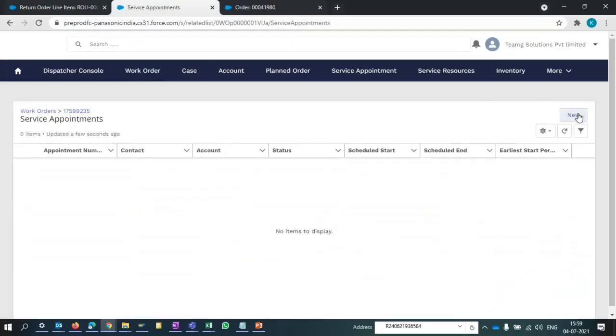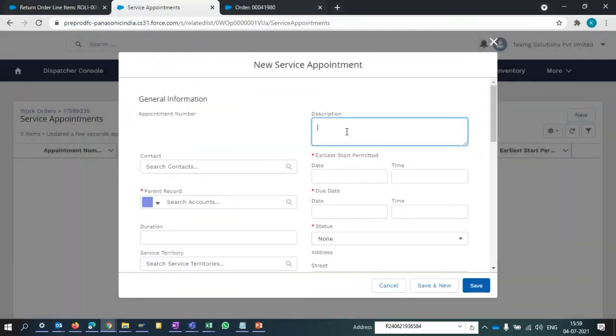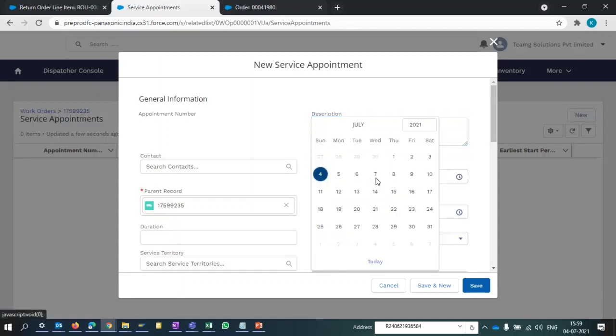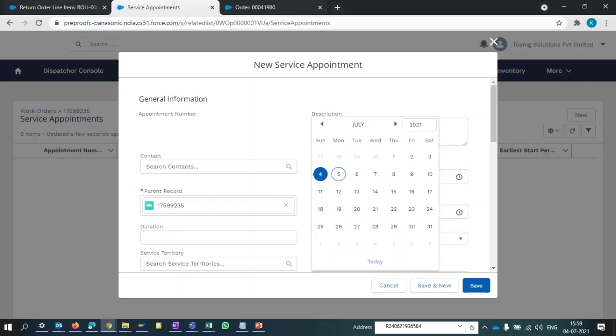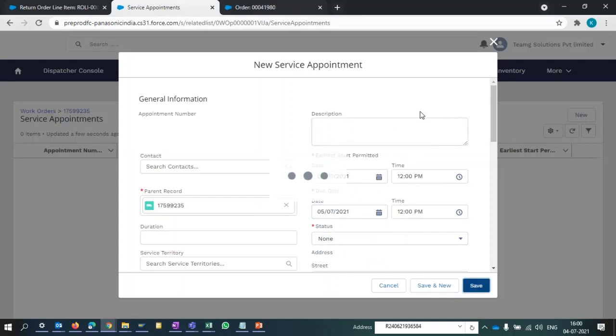So I just click on this new. Okay. Let me select the following date. Now save.